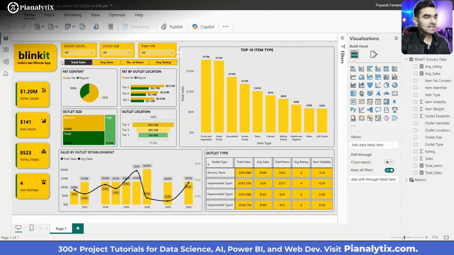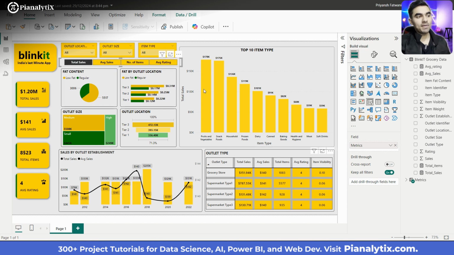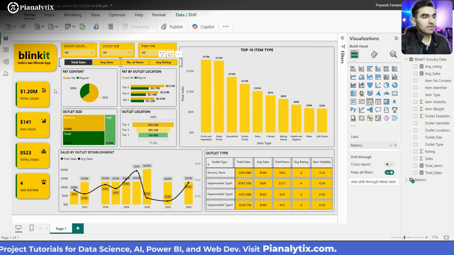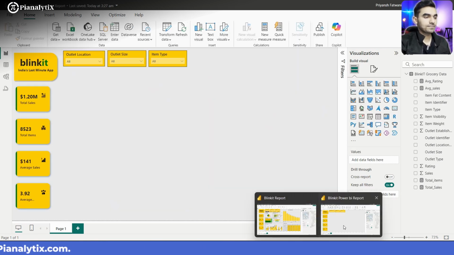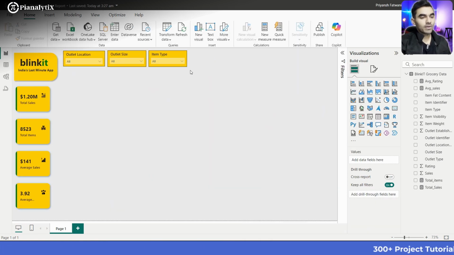So this is basically our metrics in which we have used the four parameters, which is the total sales, average sales, item number, and the average rating. So we are going to create this matrix and then we'll create the rest of the charts. So we will go back to our report, and to create the field parameters, or we are calling it as